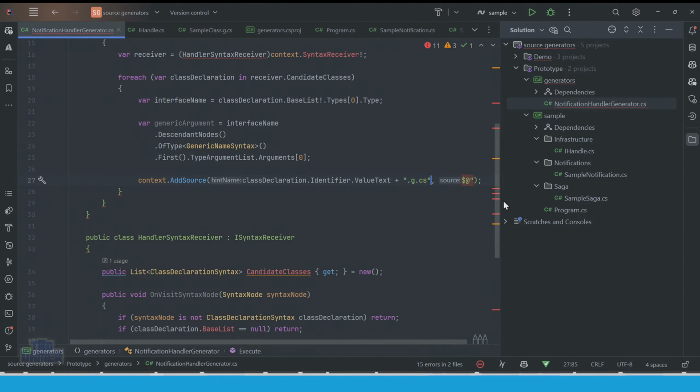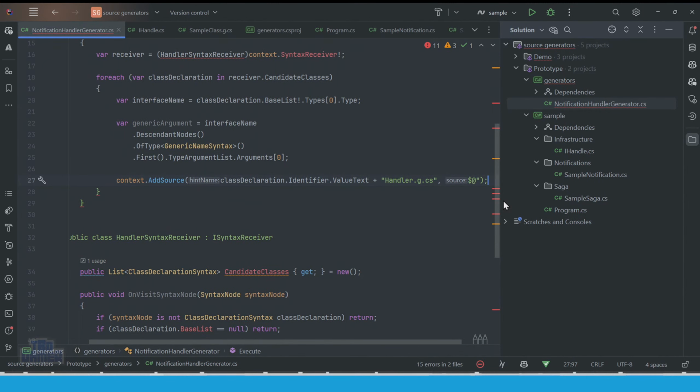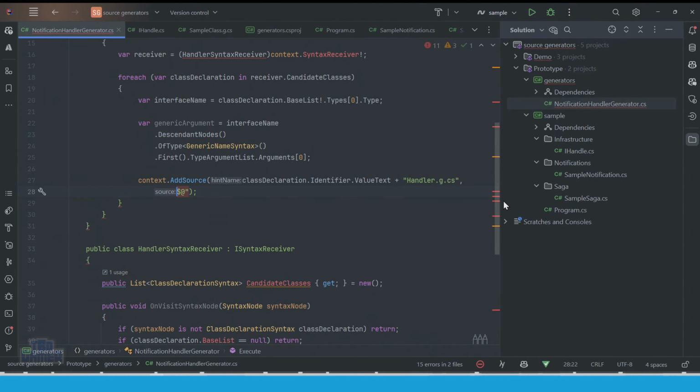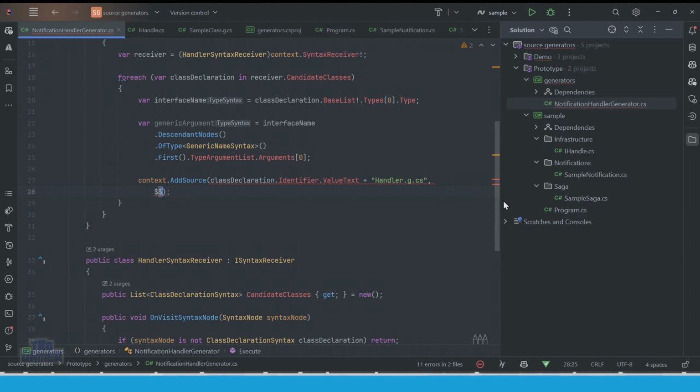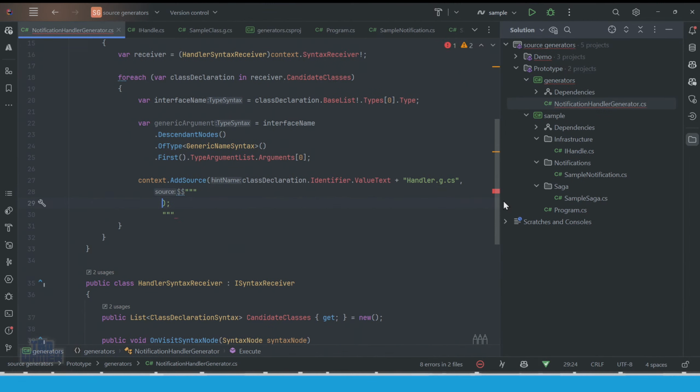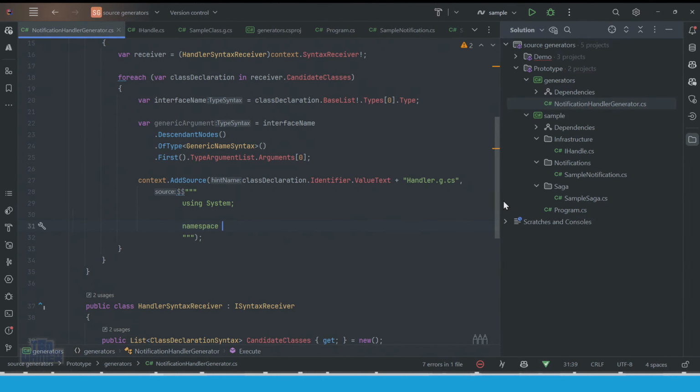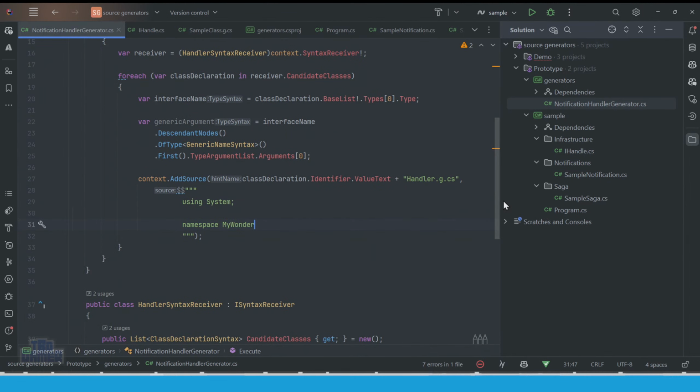Yeah, that'll work. Let's call that handler.js. And then the source, we're going to do that, and this is going to be using system, namespace my wonderful handlers,